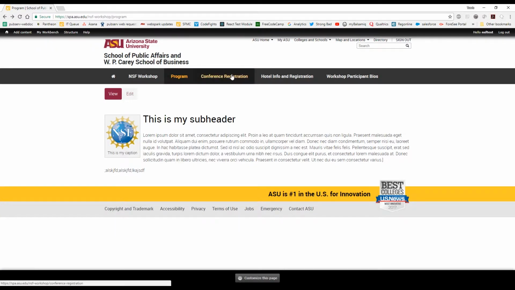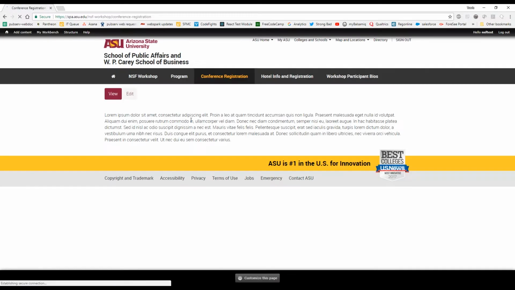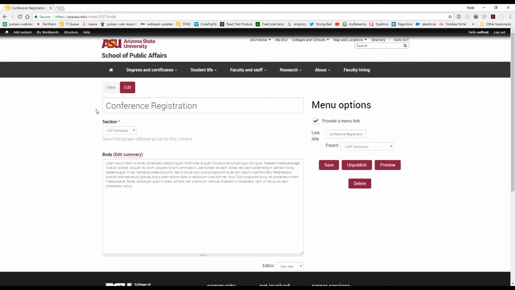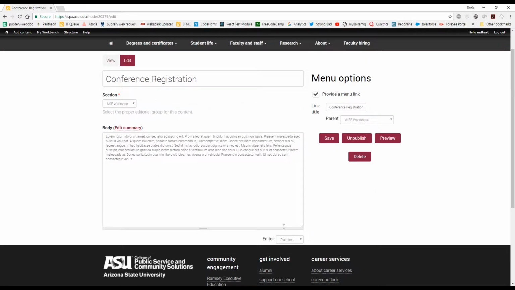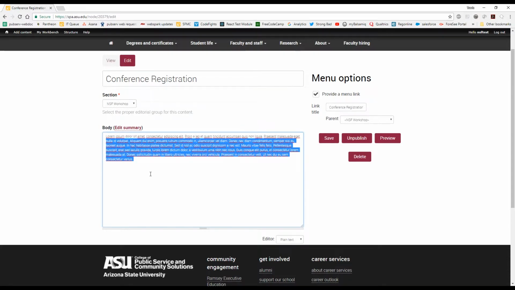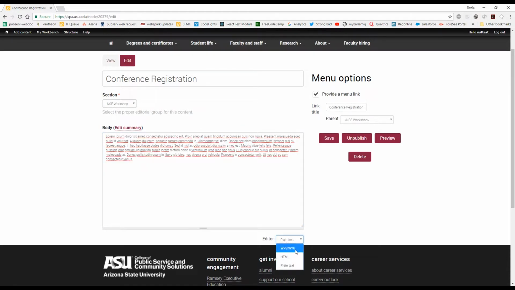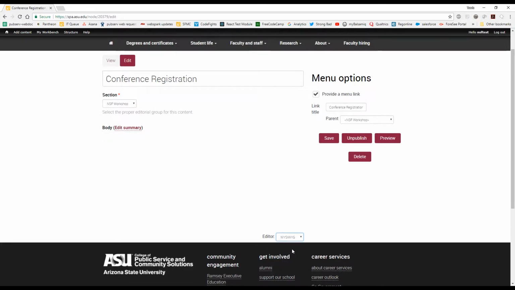So we're going to go to conference registration, and we're going to hit edit here, and you'll notice that this is the page title, which is going to be a header 1 type of element on the page, and the section is NSF Workshop. That will always be your section. And then we've got the body, and we can change the editor. Right now it's in plain text, but if we want more editing options, I would recommend using the WYSIWYG editor,